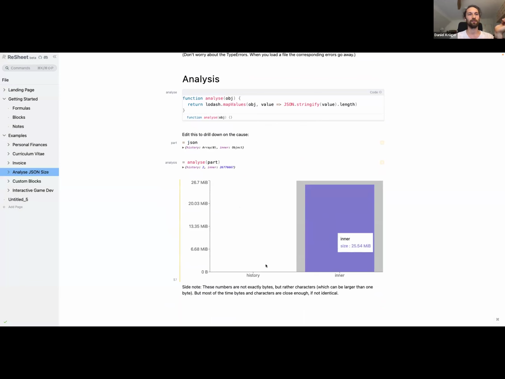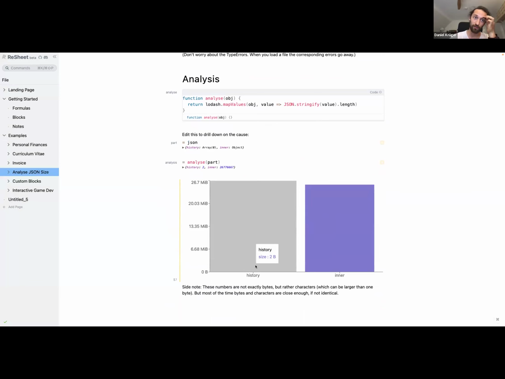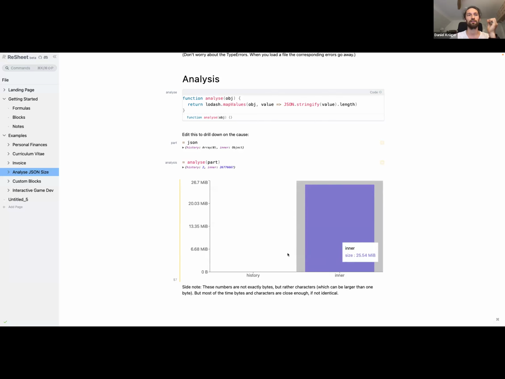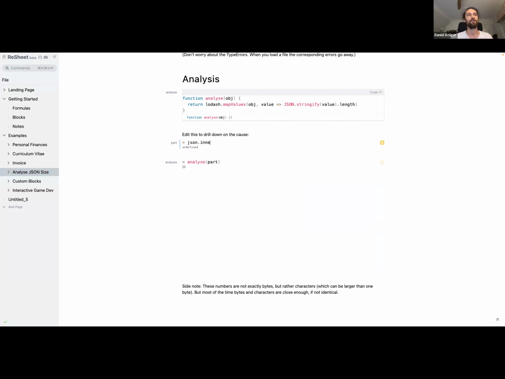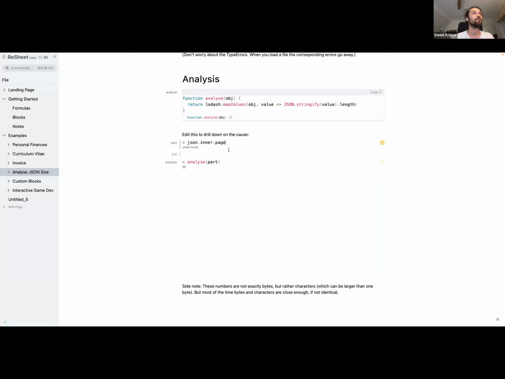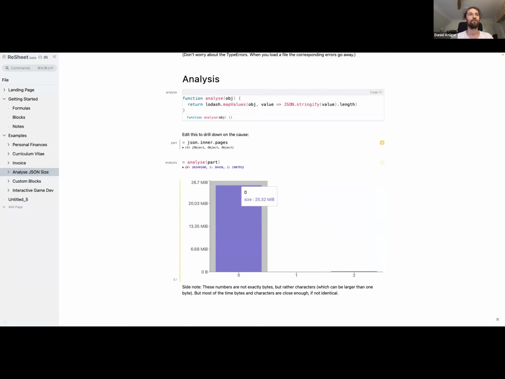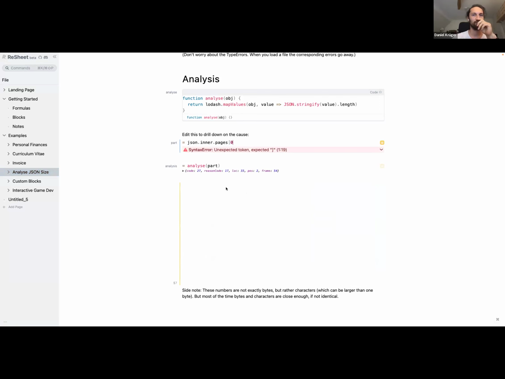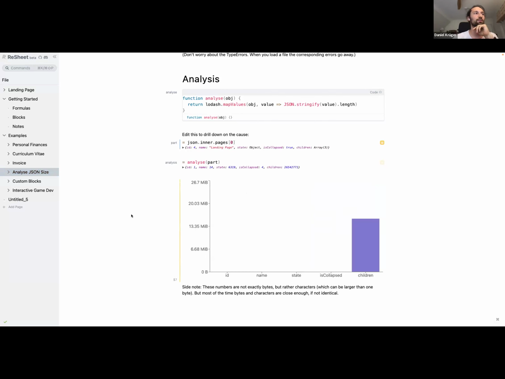What I did here is I just show the keys of some of the objects that I loaded and how big they are, and I could drill down to see which part was getting so big. So I saw here in json.inner.pages and so on, zero and so on. So that's where the problem came from.